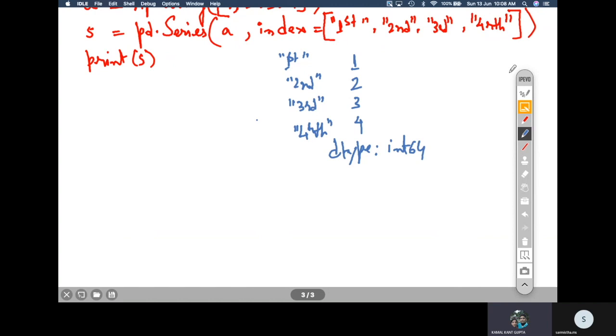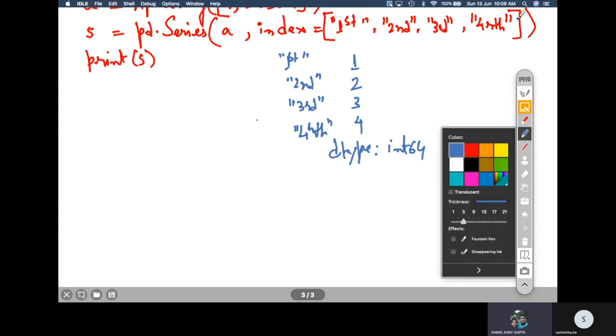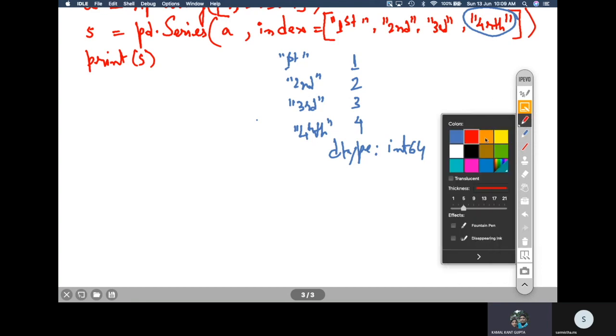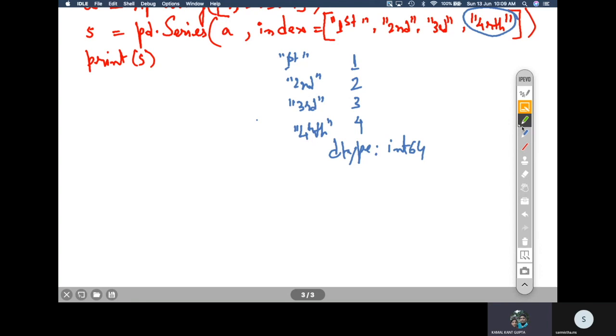But before going to that particular thing, I want to ask you a question. What would have happened if I had not written this fourth here? If I would have given the code like this, say for example, s is equal to pd.series, passing a, and index is equal to first, second, and just the last one as third.